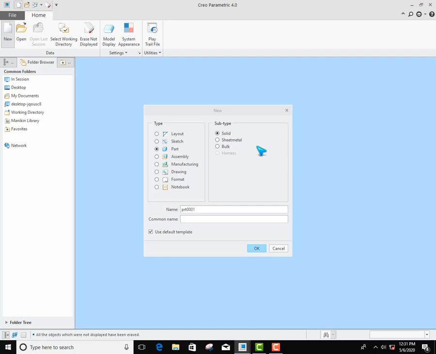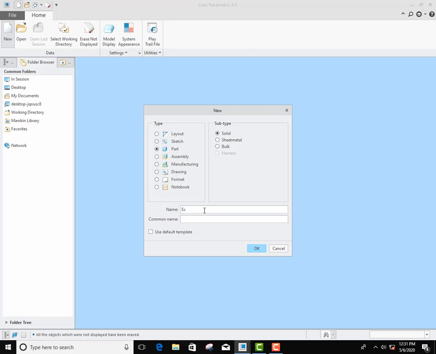In subtype you have to select what you are going to do: solid, sheet metal or bulk. These features we can see in future videos. So here I am selecting solid as the subtype. Here I am unchecking the use default template because I don't want to use the default units set by the system. Give the name anything.